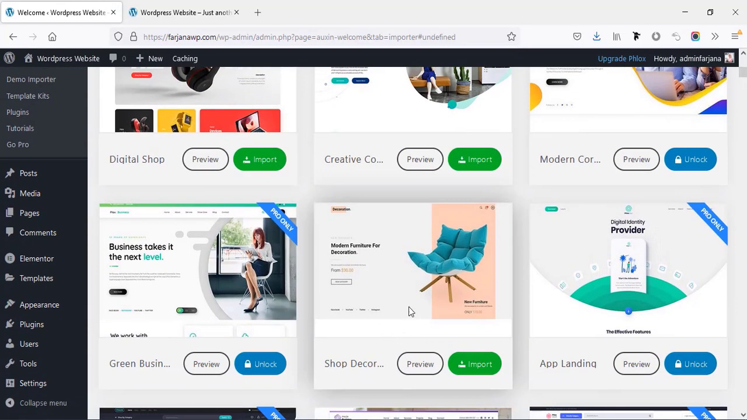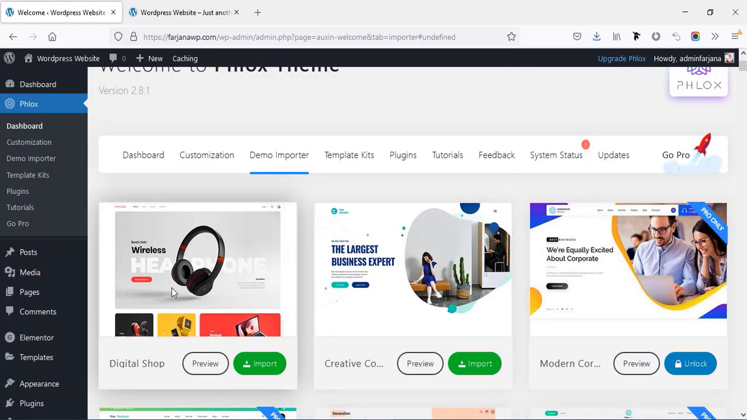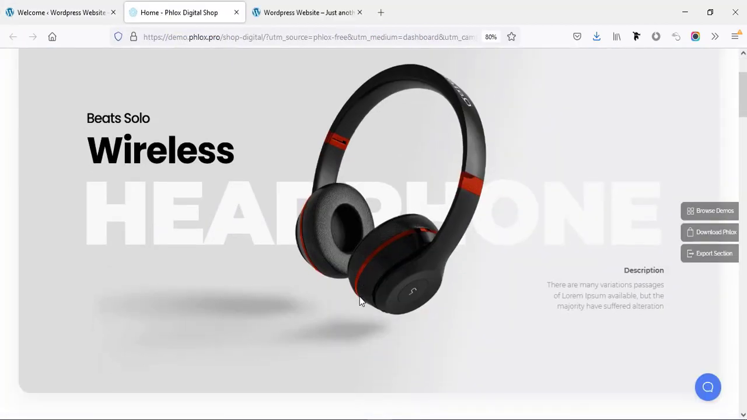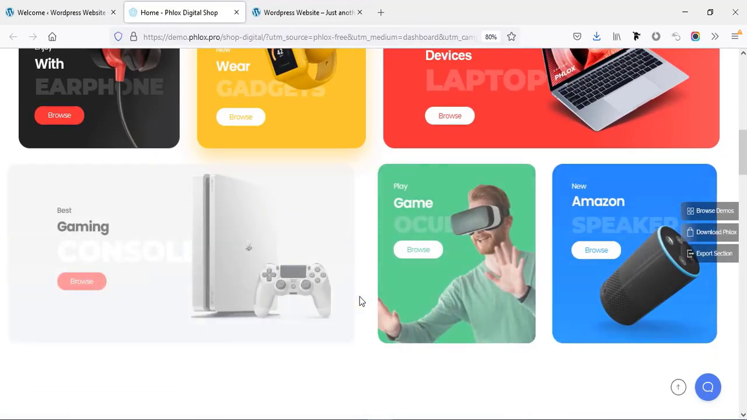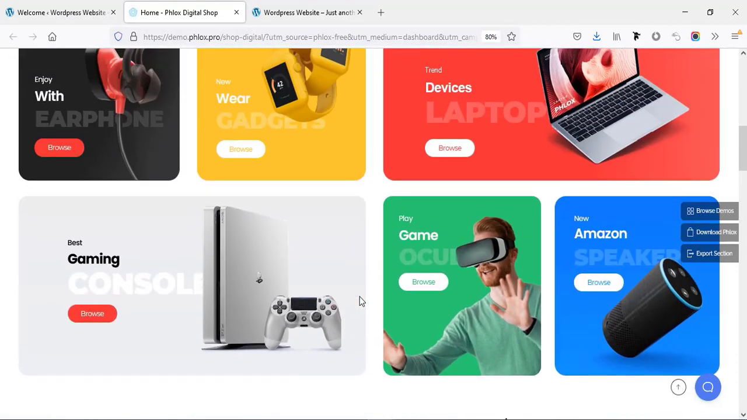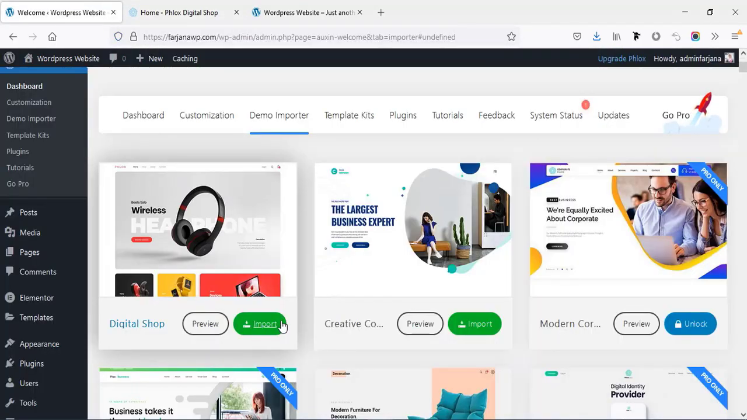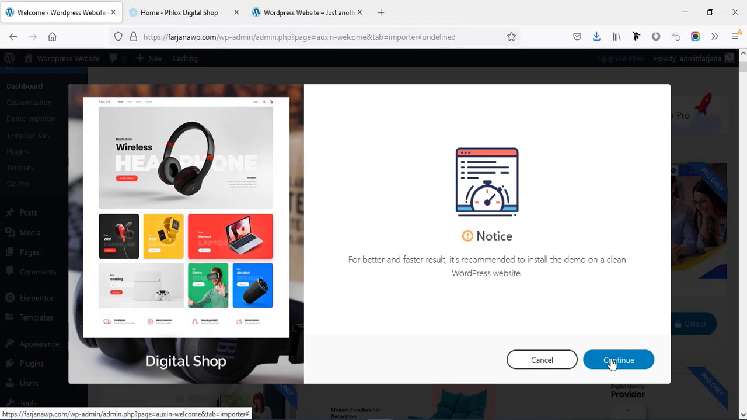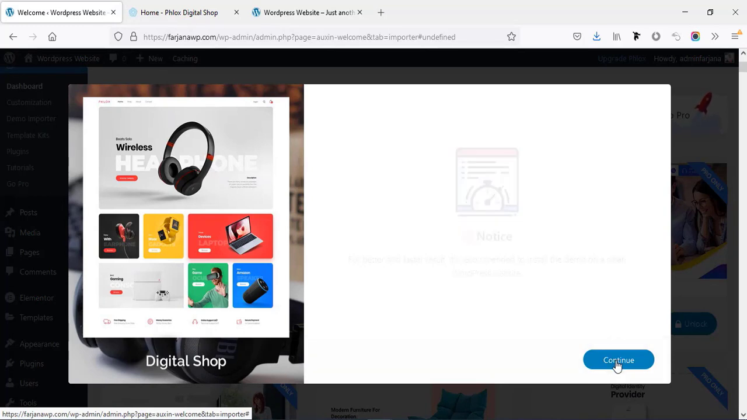So here is a free version and also this one, so I'm going to check this one. Okay, so this is a cool design, we can import this layout for free. So now I'm going here, and from here I'm going to click on import, and here is a notice. Okay, I'm going to continue,